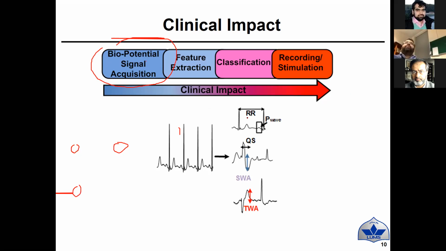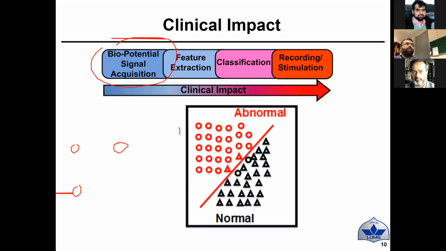Then there is a P wave, कि जो P wave है इसका amplitude कितना है. Again, there is a QS wave, उस QS wave का amplitude कितना है. There is an S wave का amplitude कितना है, उसका duration कितना है. So all of these small things are going to bundle up, and you are going to decide कि आपकी specific abnormality में which are going to pour into. Again, there are a lot of features, and you have to decide as a designer with coordination with a medical specialist कि एक specific abnormality को detect करने के लिए what type of features are important, and that's what we normally do. Once you have detected those features, then you need to classify, and we want that classification also on chip.